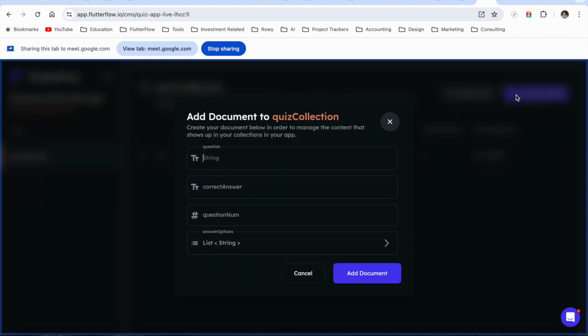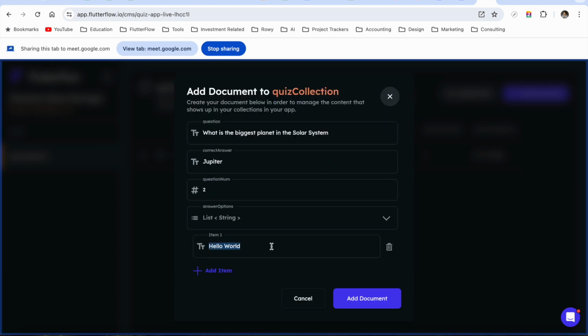So very quickly, I'll just add 3 questions over here, and I'm just going with the same questions that I had. What is the biggest planet in the solar system? Right, correct answer is Jupiter. Now B and the exact word that is